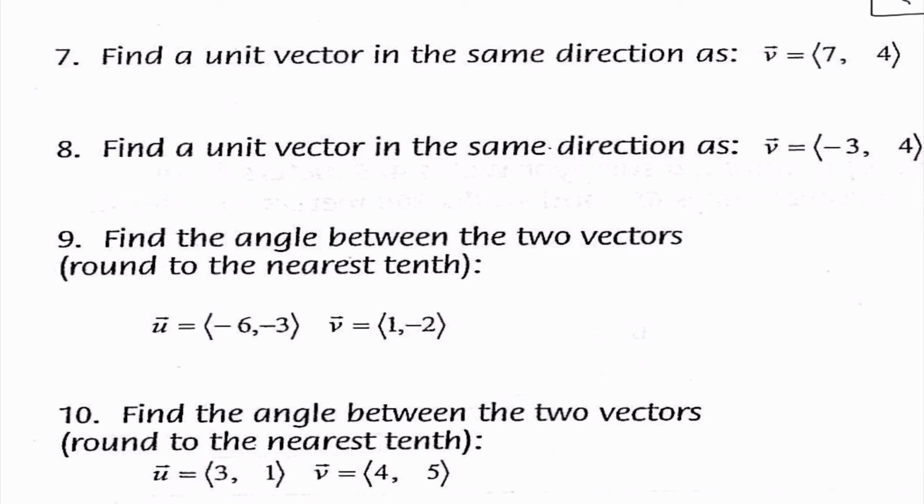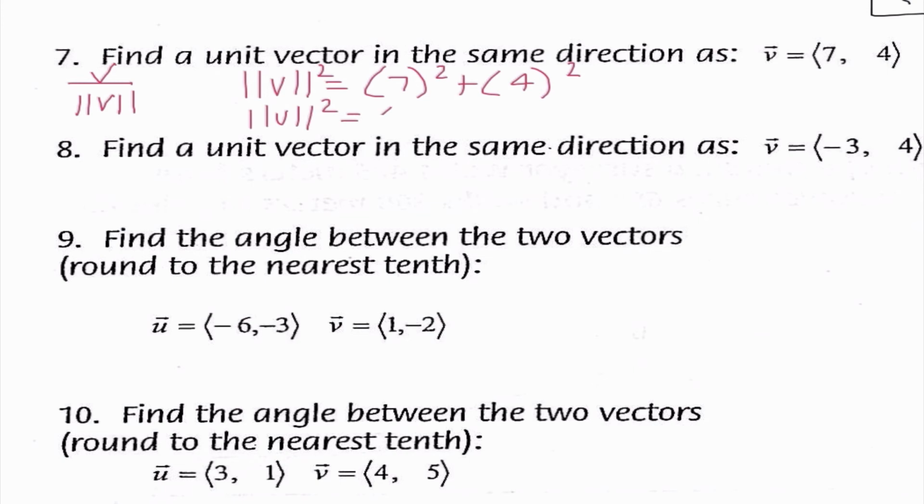Now I want to look at number 7, which is a unit vector problem. And we learned the way we do the unit vector is the vector divided by the magnitude. So number 7, the vector 7, 4. So the first thing I need to do is find the magnitude. And this is good practice for us. We know the magnitude squared equals 7 squared plus 4 squared. We're really just using Pythagorean theorem here. So I get the magnitude squared equals 49